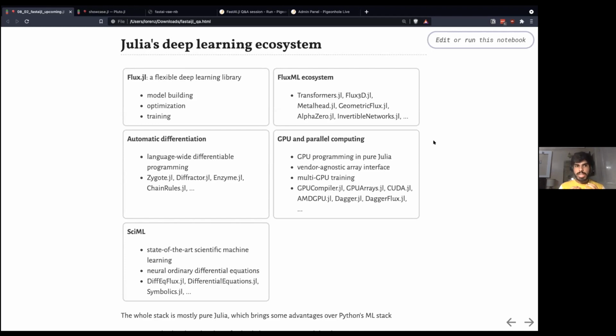Therefore, Flux is not just super hackable, super flexible, but it also boasts state-of-the-art performance in many of the domains that it's working in, not just for some very large-scale models, for example transformers, large-scale reinforcement learning kinds of situations, or just image processing.